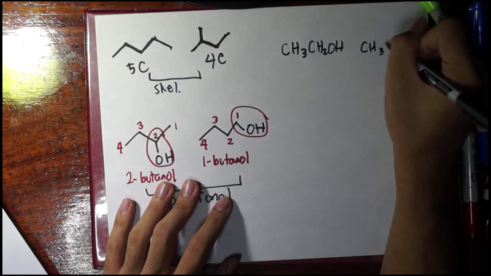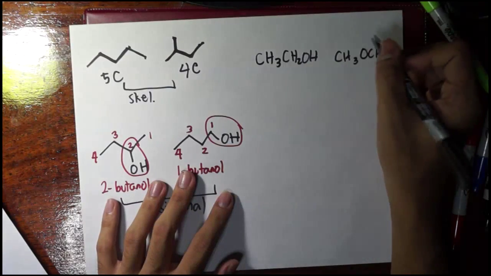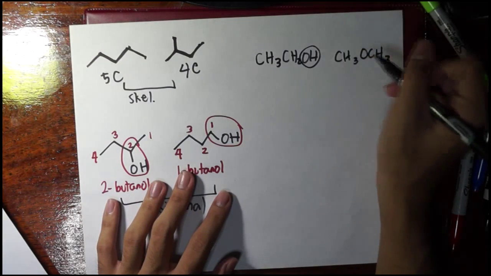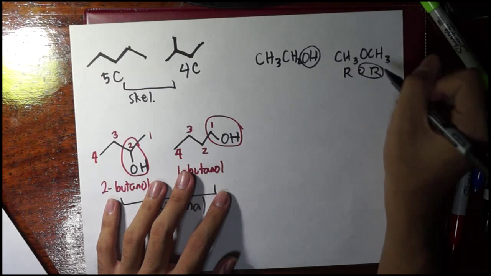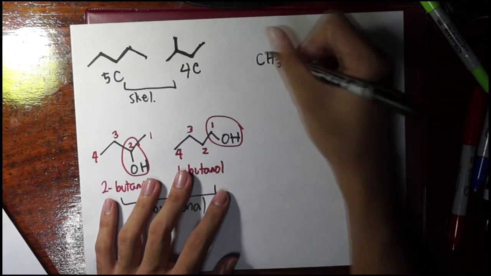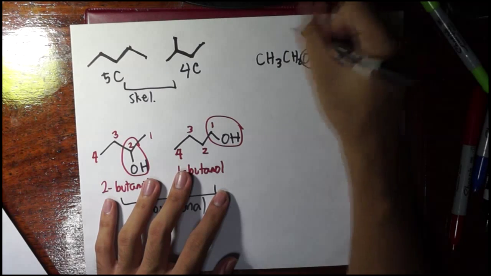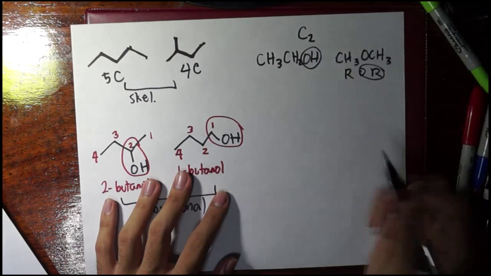And I draw this. This is actually an ether. This one has the hydroxyl functional group. This one has the ROR. This is what you call an alkoxy functional group. So the functional groups are different, but if you count the number of carbons, 1, 2, 1, 2,